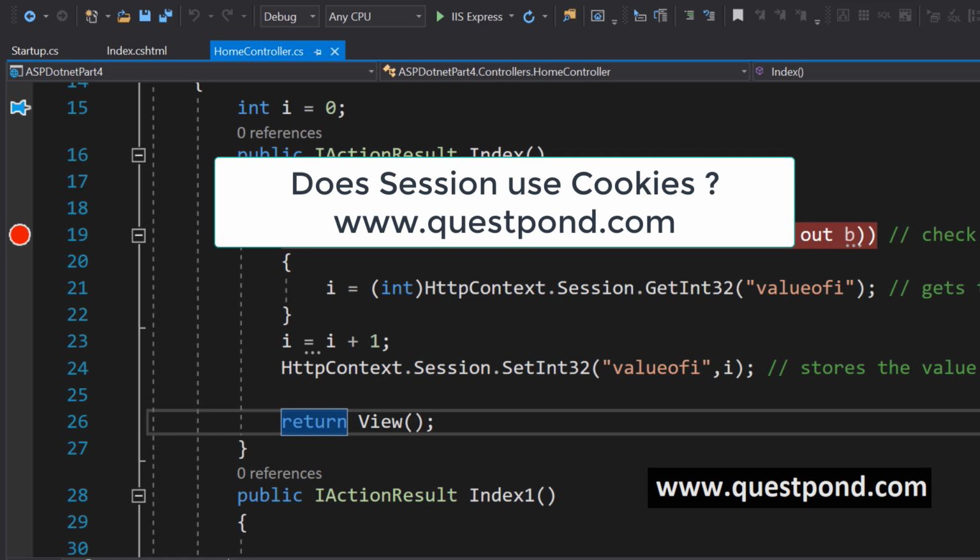And what are we learning today? Today we'll be discussing a very important, very simple ASP.NET interview question. Does session use cookies? Now this question is very simple. I'm sure that many developers know the answer, right? But I'm very sorry to say many developer friends, for some reason, fumble to answer this question,